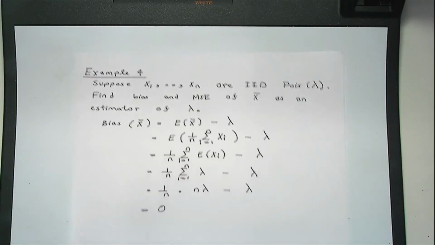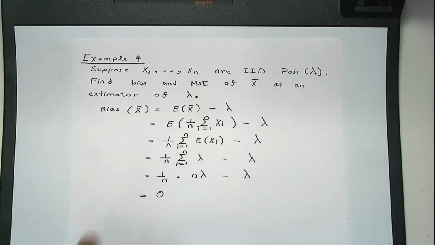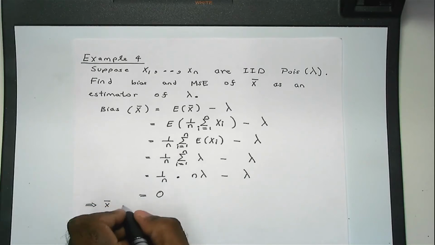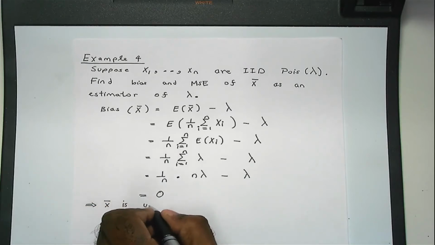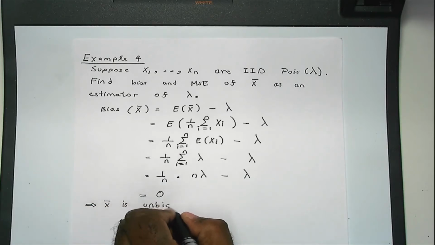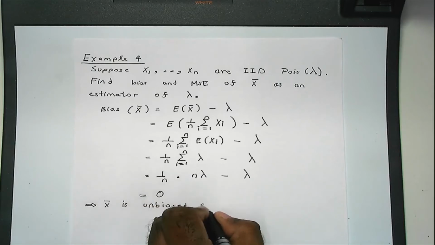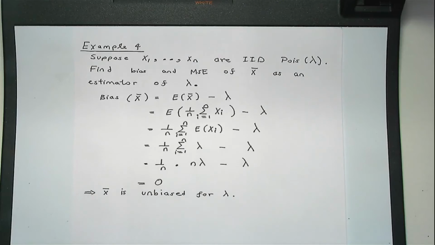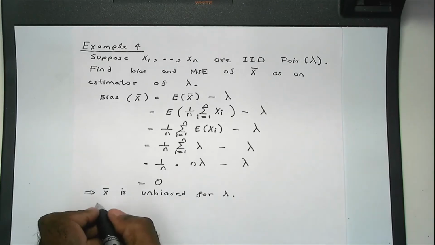Alright, so what this means is that x bar is unbiased. Alright, next to find the MSE,